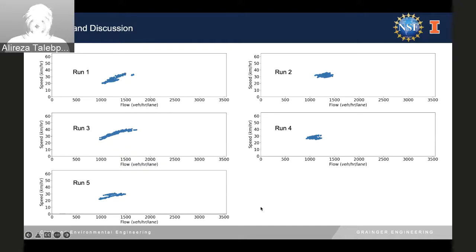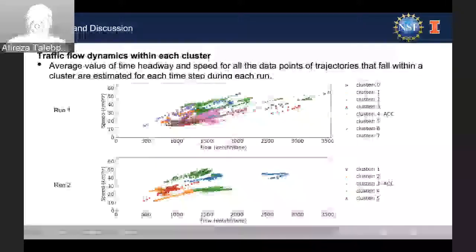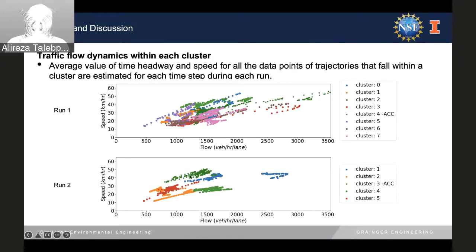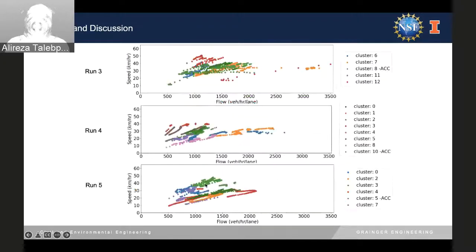Obviously we're on the congested side of this system, but really everything is pretty smooth, not much scatter in the diagram, in the speed-flow diagram. But when you plot them separately, at least in some of these cases, you can see a distinct difference between how ACCs are going to shape the system versus the other human-driven vehicles.